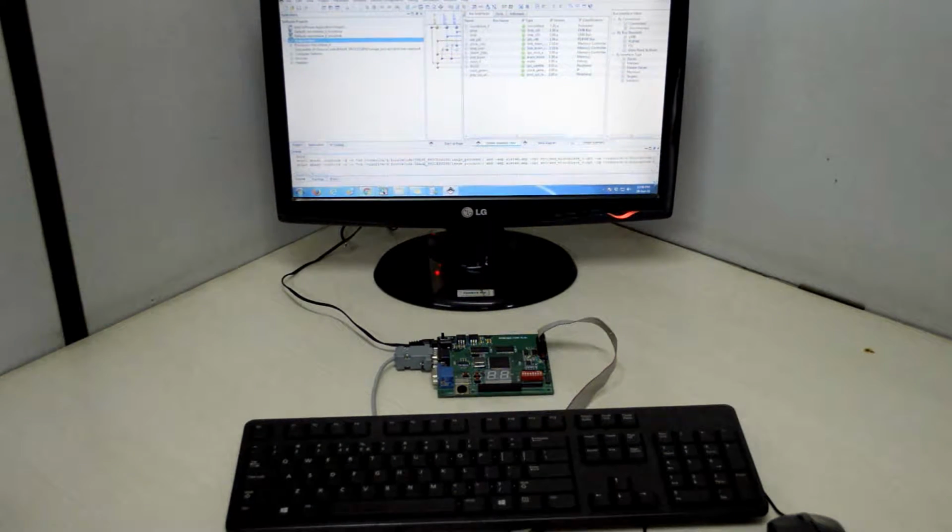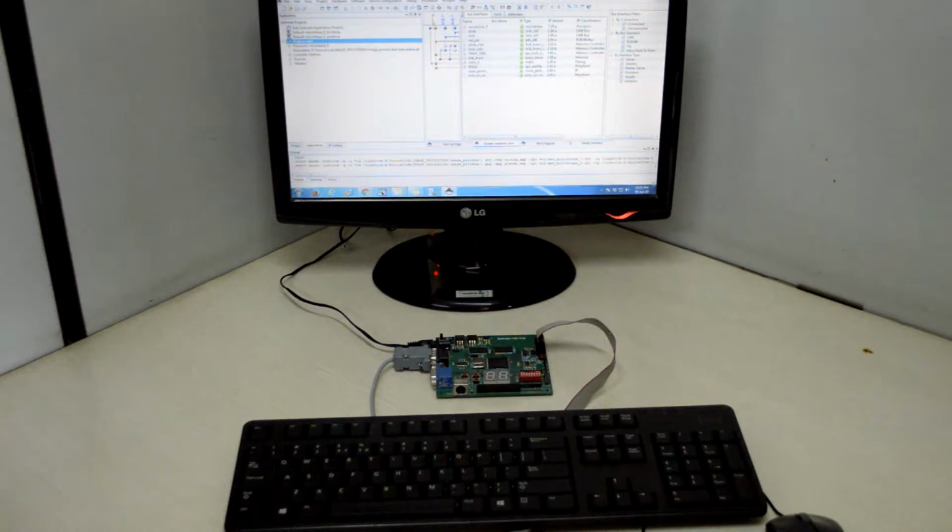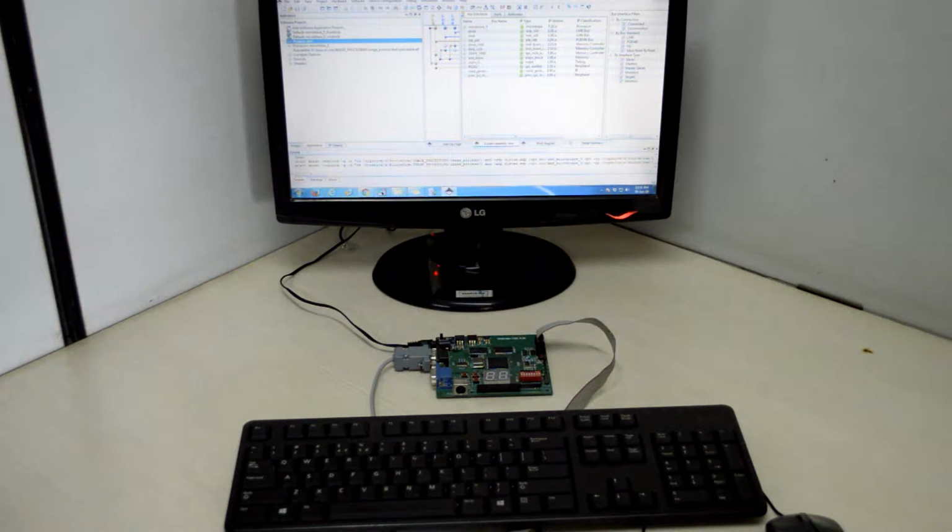Today we are going to see a demo on FPGA implementation of image compression using discrete wavelet transform. In this demo, we are going to implement an image compression technique in the Spartan 3 FPGA image processing kit. For this purpose, we have Xilinx Platform Studio software. We are going to implement the Microblaze softcore processor and C code of the image compression technique on it.